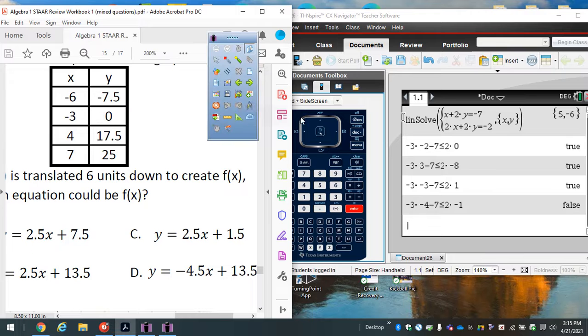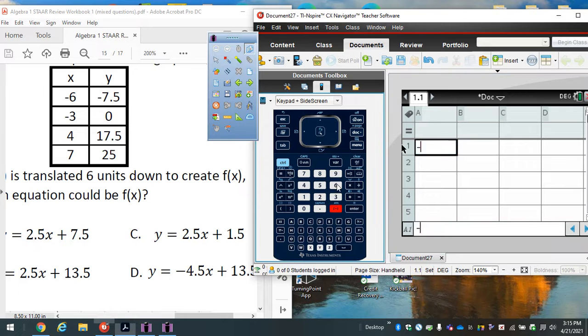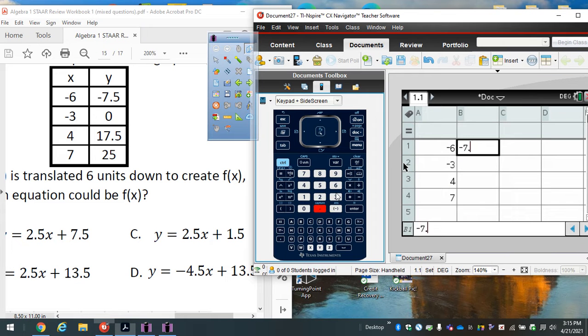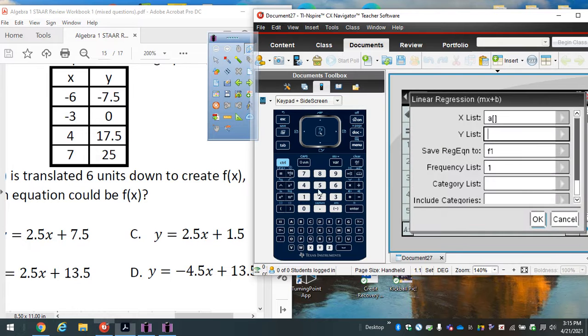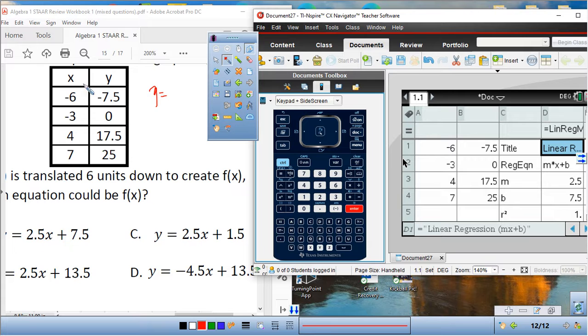Okay, so I'm going to get here. I'm going to turn on the calculator. Lists & Spreadsheets, and type in -6, -3, 4, 7.5, 0, 17.5, 25, menu, 413. Okay, now the original equation is saying y is equal to 2.5x